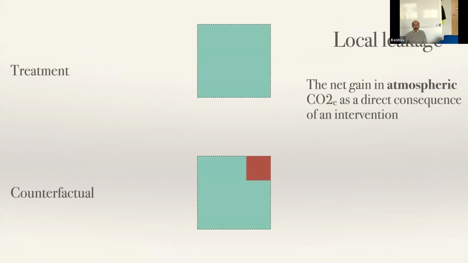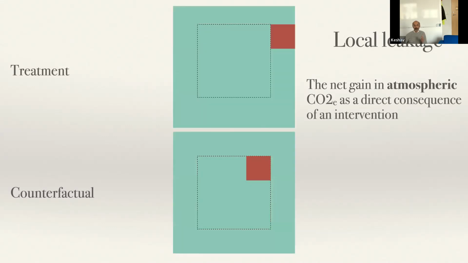For leakage, there are two kinds, called local leakage and global leakage. Here we started the same thing as before, but then we create a little buffer area around the treatment area, and we find that though nothing was cut in the treatment area, trees were in fact cut right outside. There was a loss right outside in the buffer area, and if you look at the difference between the two, you didn't do anything special. You just displaced the deforestation to somewhere slightly outside. So the people cutting the trees in your forest just went next door. And so you should actually get no benefit because it just leaked. You didn't prevent deforestation. So that's what we call local leakage.